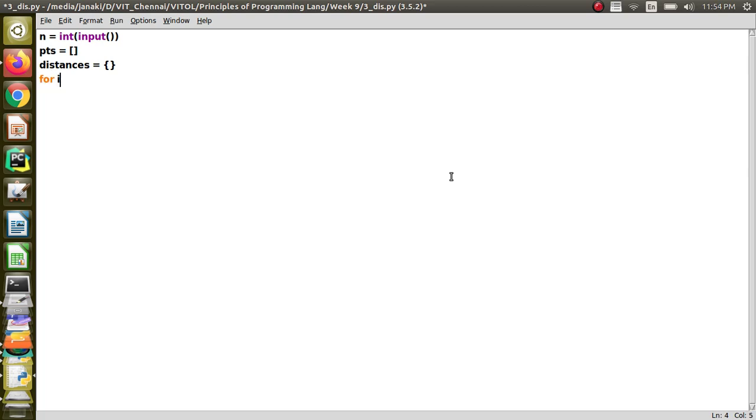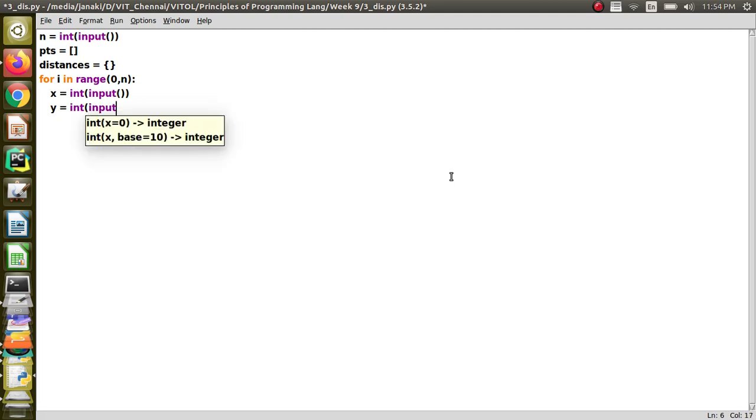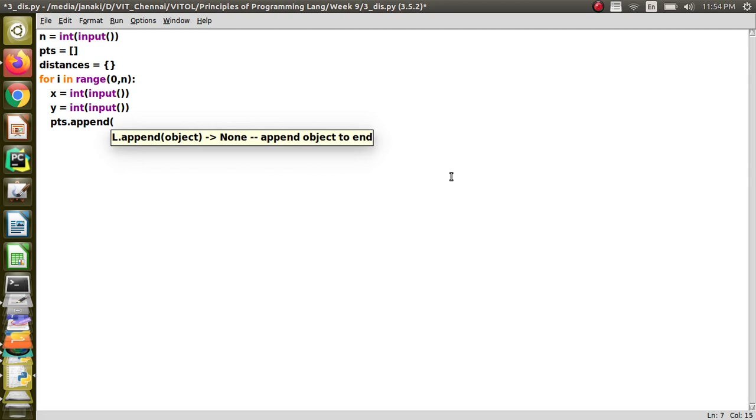So for i in range, I have to repeat it n times, okay. So let me say x is equal to int of input and y is equal to int of input. I am getting the x and y coordinates, and then here you should be careful, I have to append into the list.